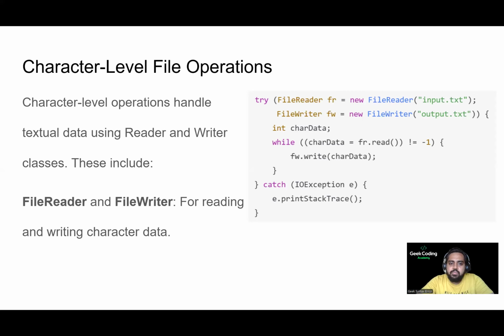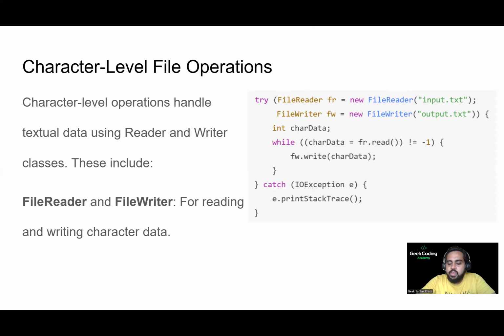These character level file operations have the Reader and Writer abstract classes, and Reader and Writer have FileReader and FileWriter child classes, or implementation classes. If you use FileReader and FileWriter, as the name suggests, we are able to read and write character data. Here, similarly, I'm using a try-catch where I put the input.txt file into my FileReader, and the output.txt file into my FileWriter. I initialized an integer variable, characterData. For that, I'm reading character by character using the fr.read method from the input file,